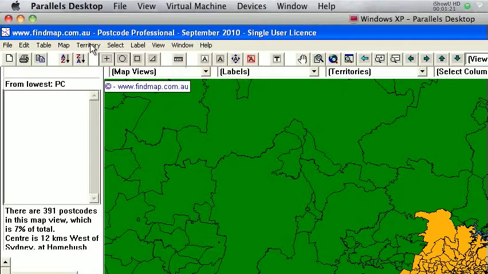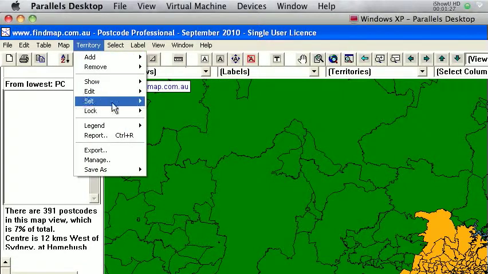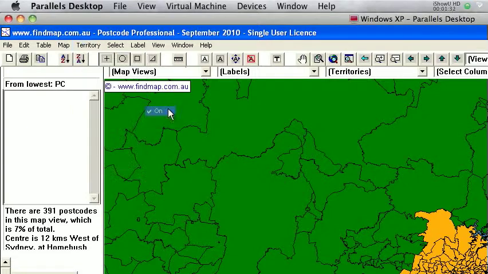Given that we're going to do a second territory, we want to ensure that the selections we make do not accidentally include the previous territory. So we're going to go to Territory, Lock On, or ensure that it's on, and go back to our radius select,